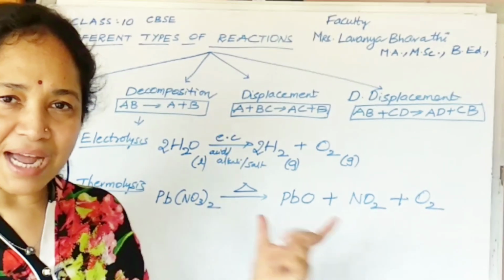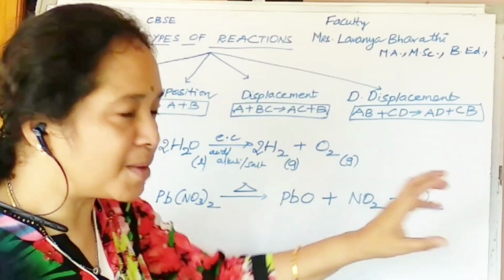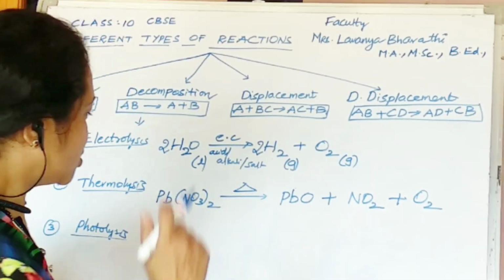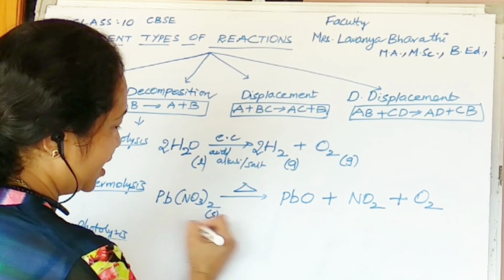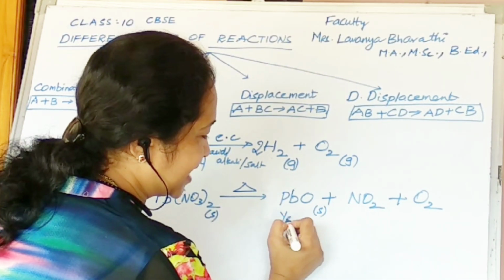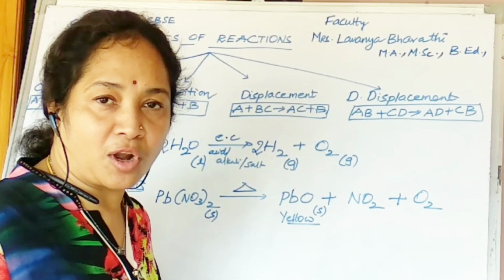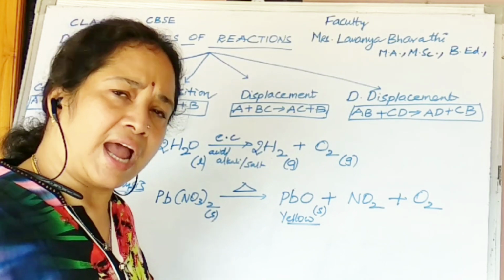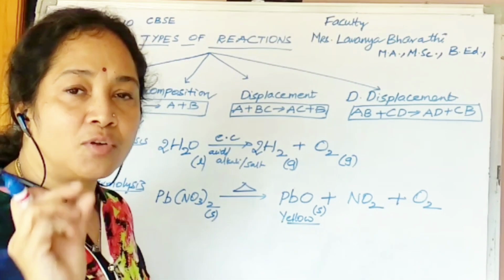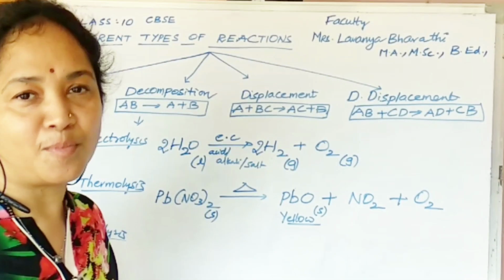So this is an unbalanced reaction. You can see a big molecule is split into simpler molecules. We call this a decomposition reaction. So this lead nitrate is again solid. It is colorless. Lead monoxide is again solid. It is yellow in color. So remember children, the color of lead monoxide: after strongly heating, after the nitrogen dioxide comes out, after oxygen liberation, you are left with a yellow colored residue, that is lead monoxide.